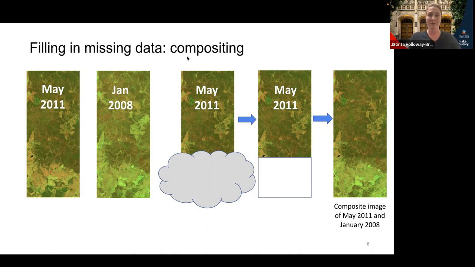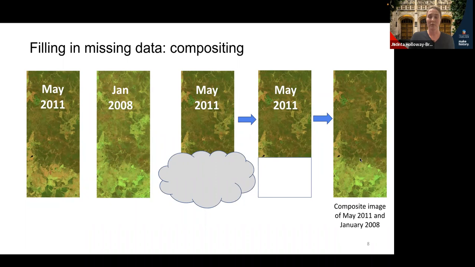But the compositing approach in filling in the missing data, say that bottom section was covered by cloud, what we would do to fill that in under this approach is we would set it all to NA, and then we would take the observed values of the same pixels, so matching them up by their lat and long, and we would paste that into the 2011 image, and then we would treat this whole image as if it was taken in May 2011.